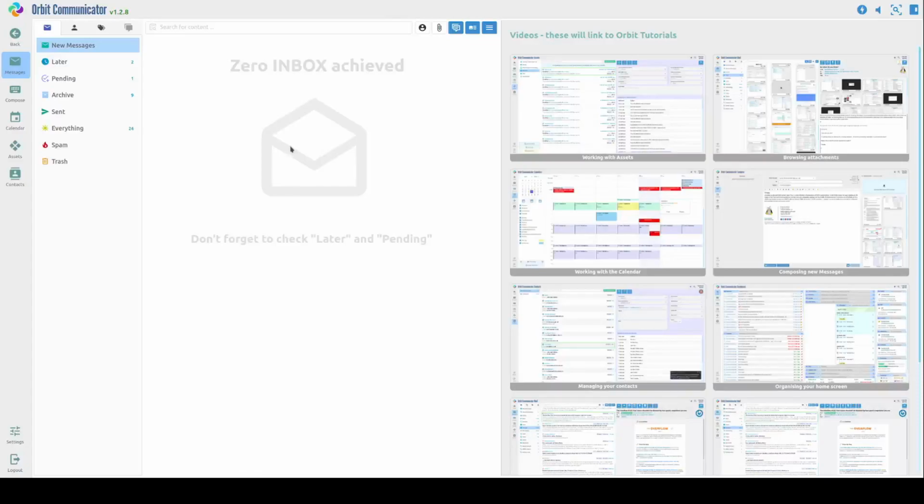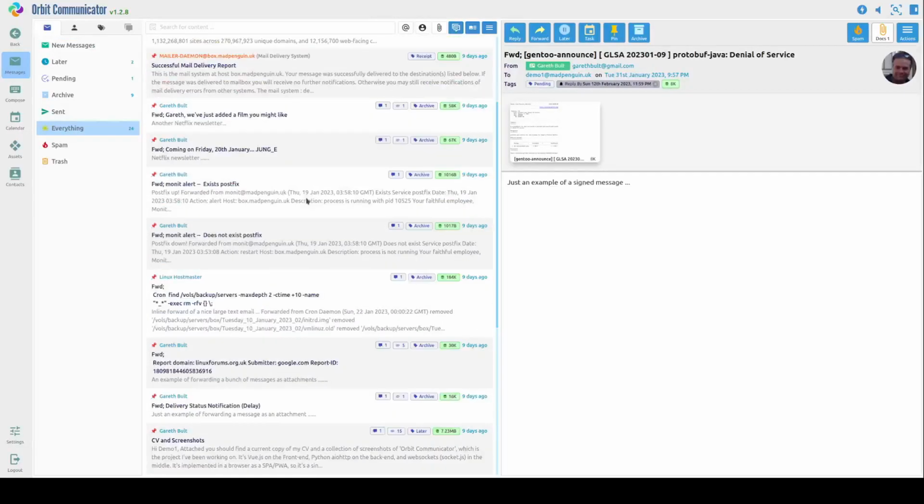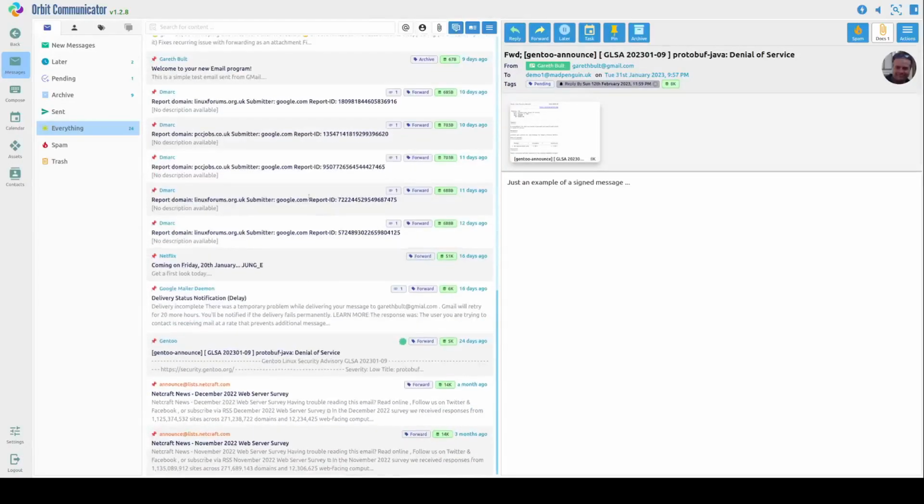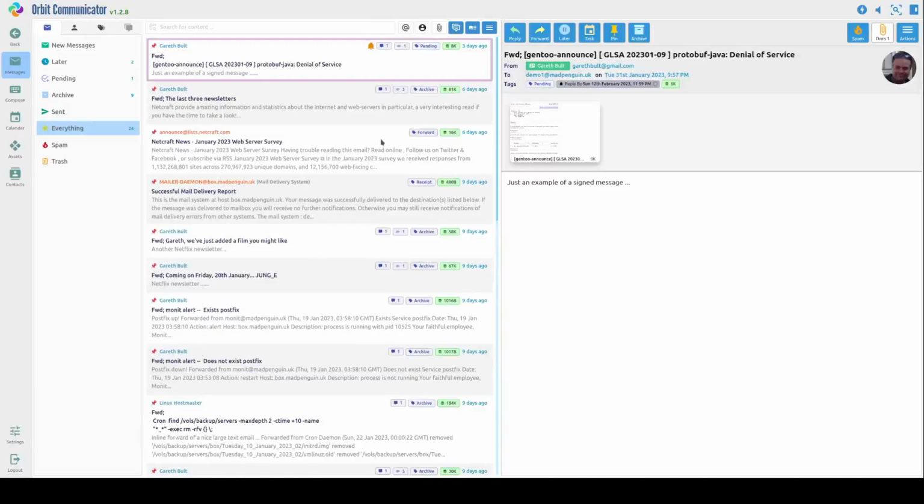Just to come back to another feature that I've skipped over, if I go back to everything, that's going to show us emails from every folder. So basically this is a raw view of the database, just to give us the maximum number of items to work with. So we're looking at an envelope view, which is showing the from address, the subject, a brief description, etc. If I click on this icon here,